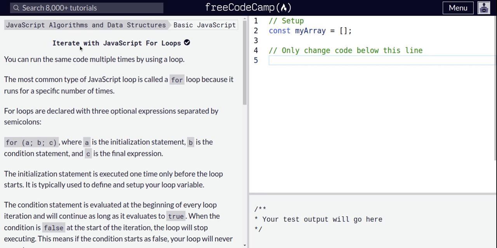The title of this lesson is Iterate with JavaScript for loop. In the previous lesson, we learned how to iterate with while loops, and this is iteration with for loops. It's almost similar, but there's a difference, of course. You can run the same code multiple times by using a loop. The most common type of JavaScript loop is called a for loop because it runs for a specific number